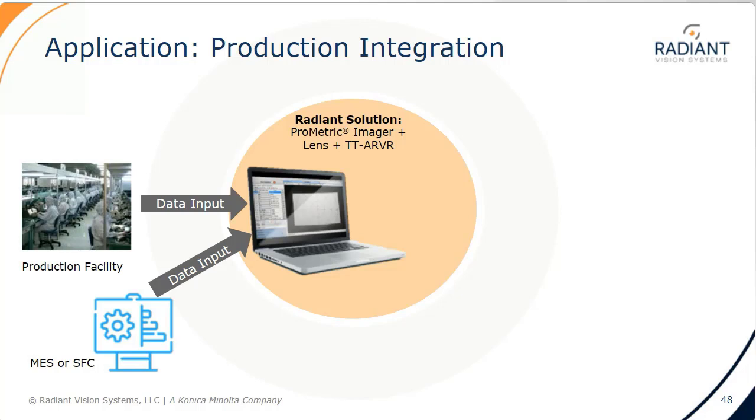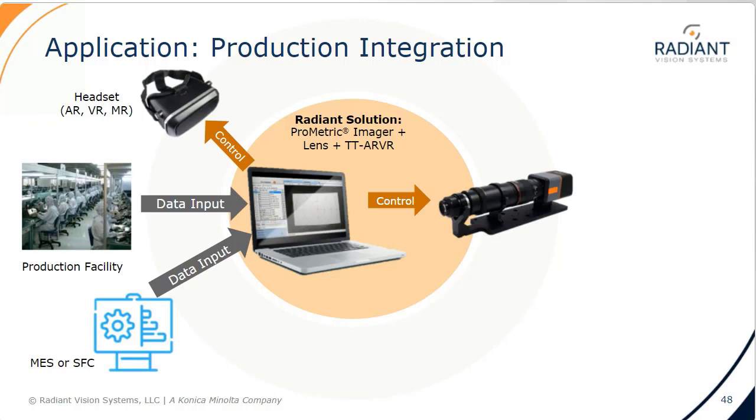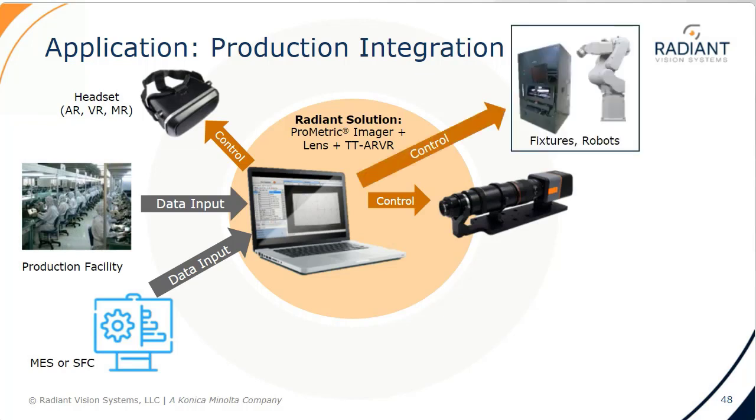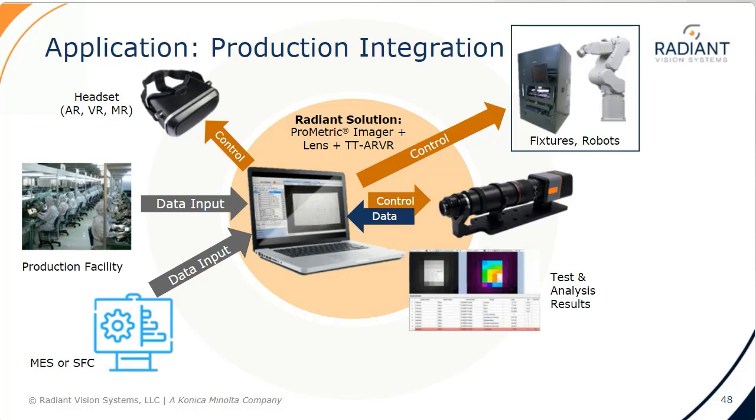The software pushes test images to the headset and synchronizes measurement functions of the camera. In production, these functions may be further synchronized with test fixtures and robotic positioning. Receiving data back from the camera, the software calculates measurements and evaluates images defined against pass-fail criteria. All data is output to the Central Manufacturing Execution System, often called the MES, and commands are reported out to